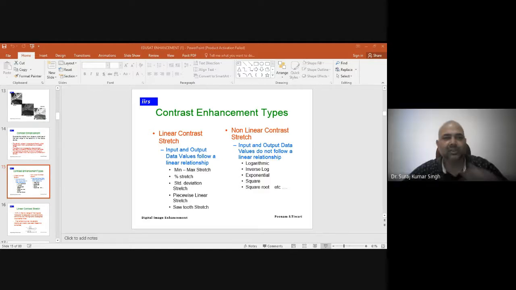So you have seen that yesterday we divided this into two forms. One was linear, the other was non-linear. So we'll start with the linear contrast test. What does the linear contrast test do? A linear contrast stretch is one in which a DN in the low range of the original histogram is assigned to extreme black, and the value at the high end is assigned to extreme white.